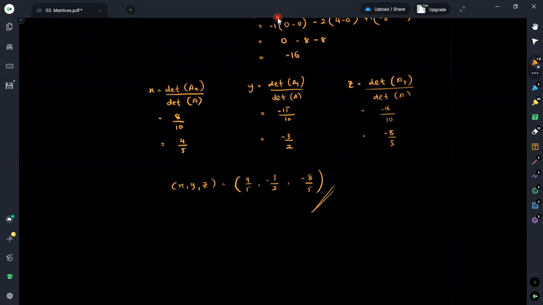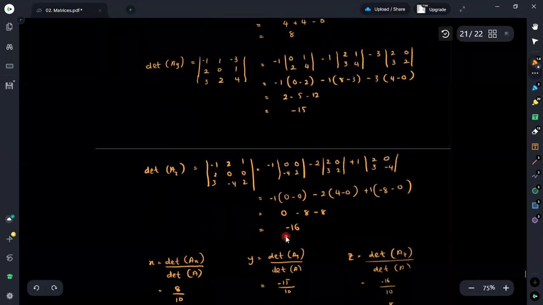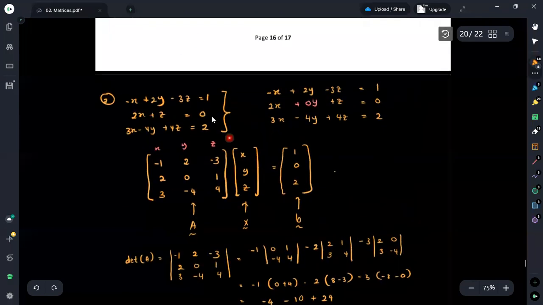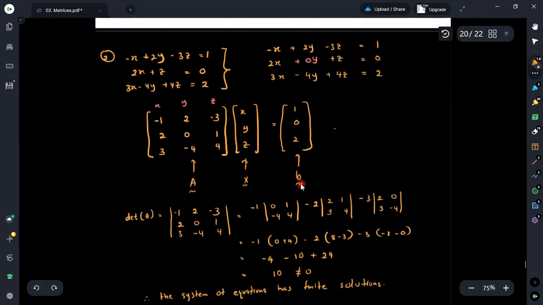Therefore, this is how we are using Cramer's rule in obtaining the answers. But actually, if you are having a large number of equations, this would be much easier compared to finding or solving this type of equation just by equating the coefficients. Therefore, this is how we are using Cramer's rule. It is just the application of matrices and determinants.